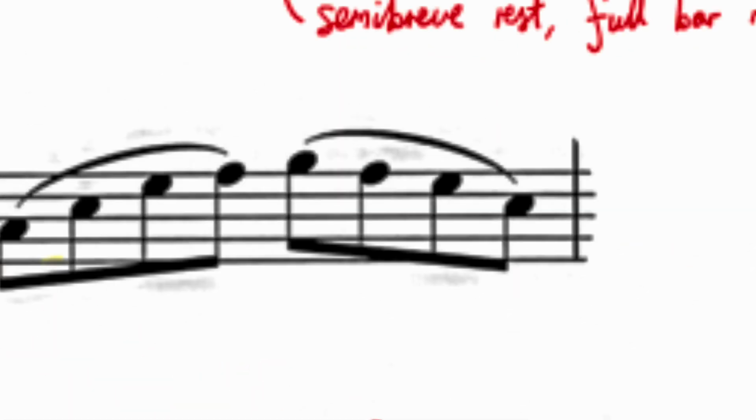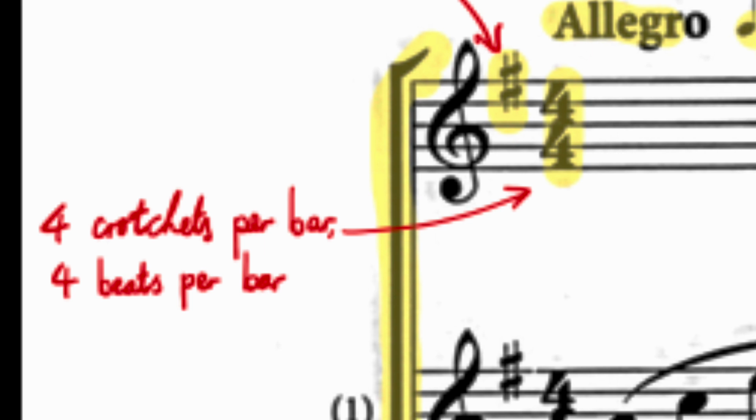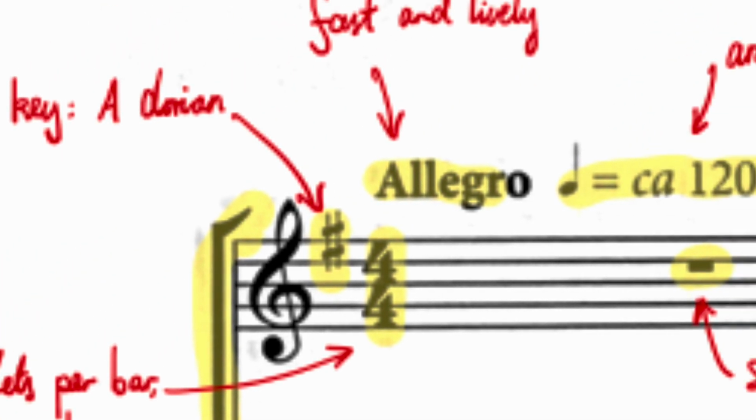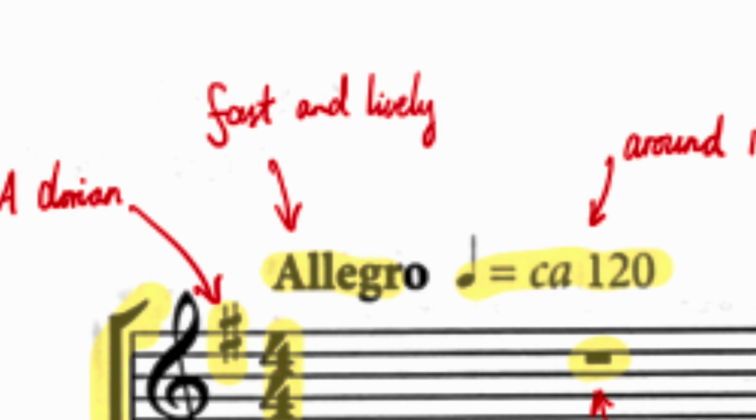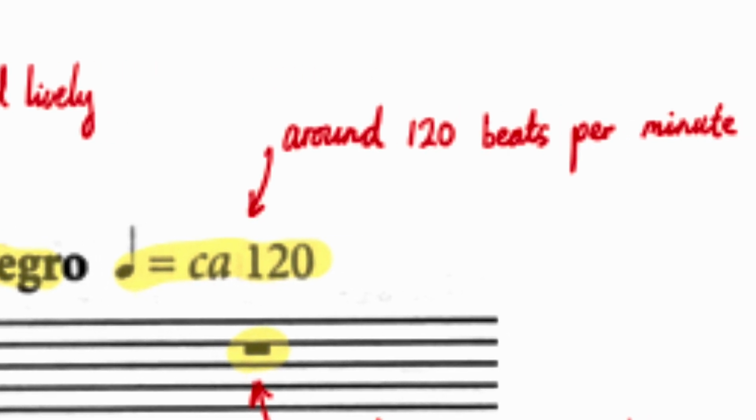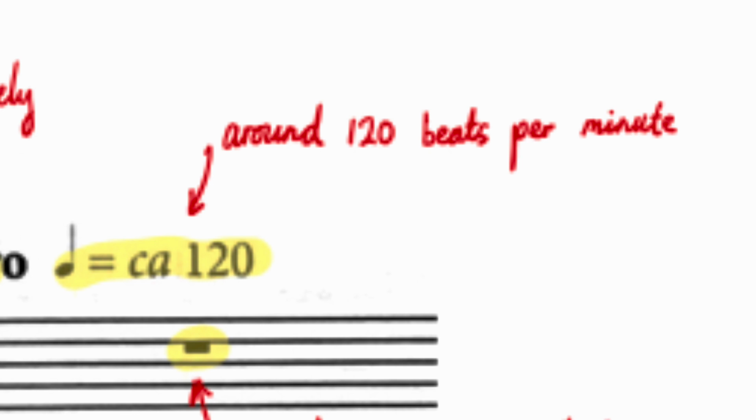On to the signs and terms. This piece has a time signature of 4/4, which means that every bar has 4 quarter notes or 4 crotchets of value, and each crotchet is considered 1 beat. The opening bar has a tempo and character marking allegro, which means fast and lively. Next to that, we get the metronome mark crotchet equals circa 120, which means the tempo is around 120 beats